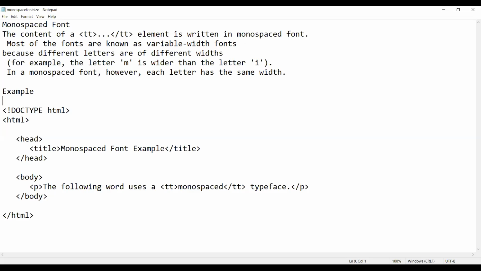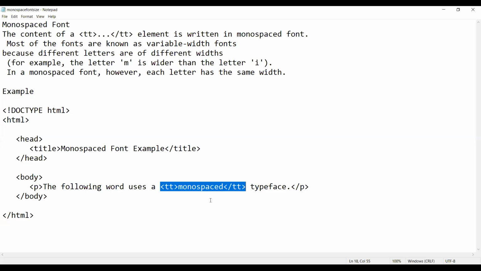For example, the letter M is wider than the letter I. In a monospace font, however, each letter has the same width. So whenever you specify this within TT, teletype text, if you use monospace, all letters have the same width.